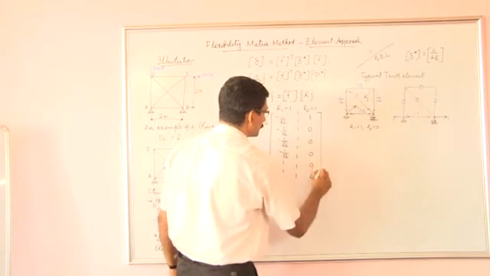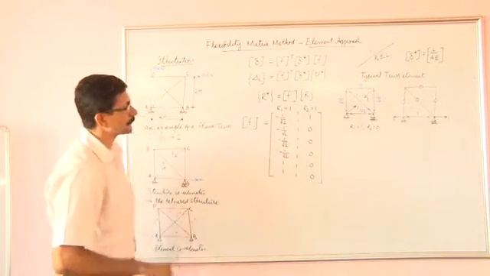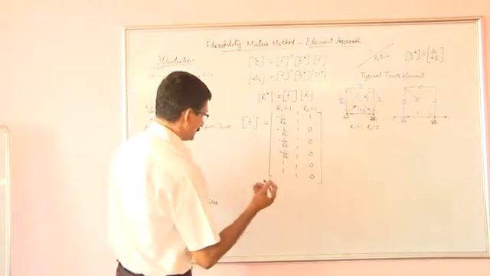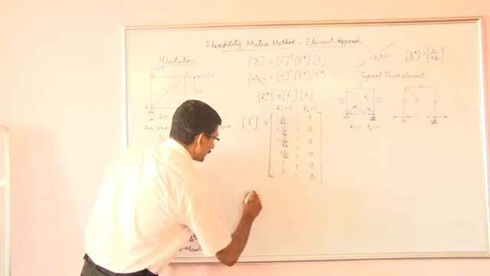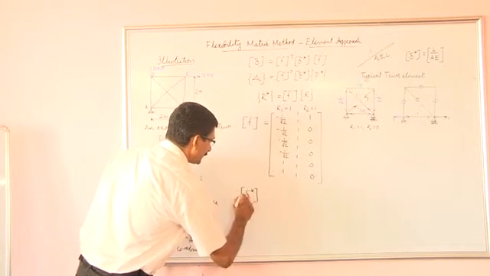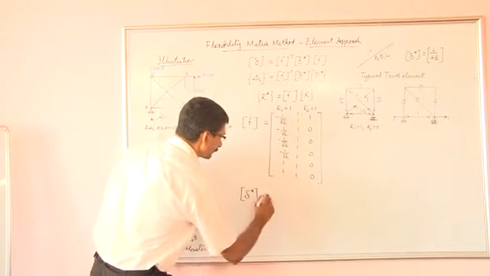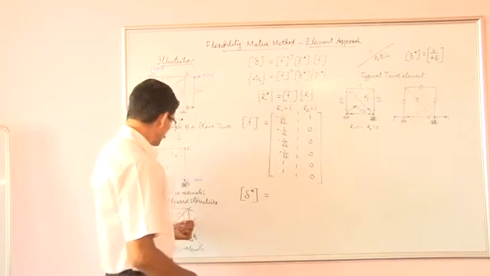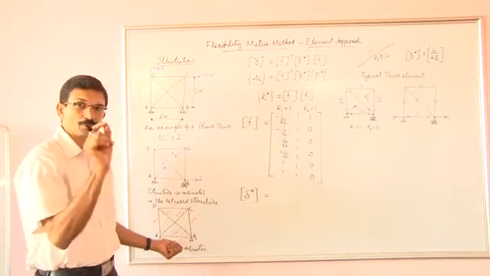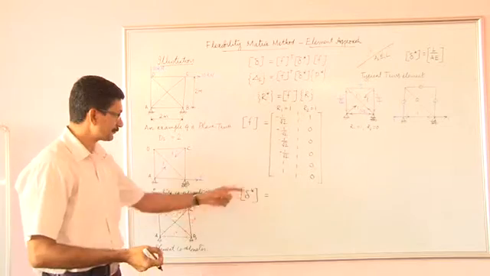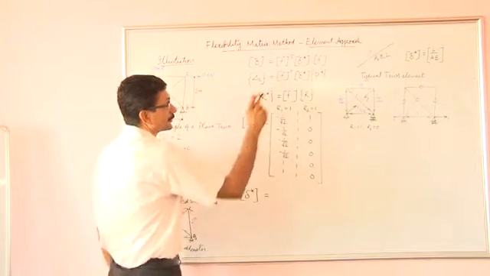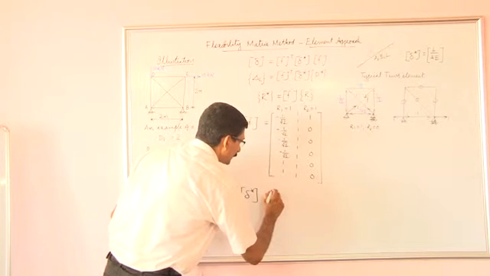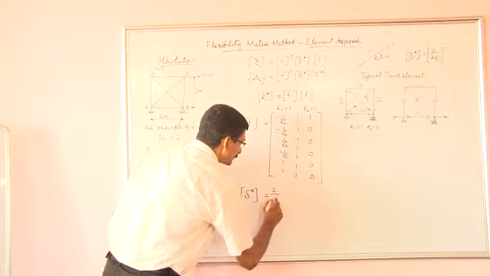So this is the force transformation matrix. Further, we can develop the delta star matrix, which is the element flexibility matrix, which will be, of course, a diagonal matrix. Each element will contribute to the diagonal element of this matrix, and we can put AE outside. Let us put 2 by AE outside.